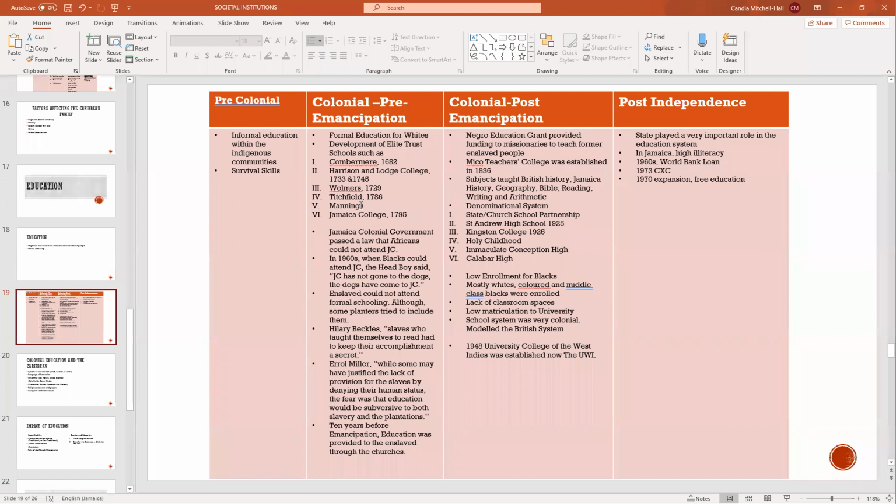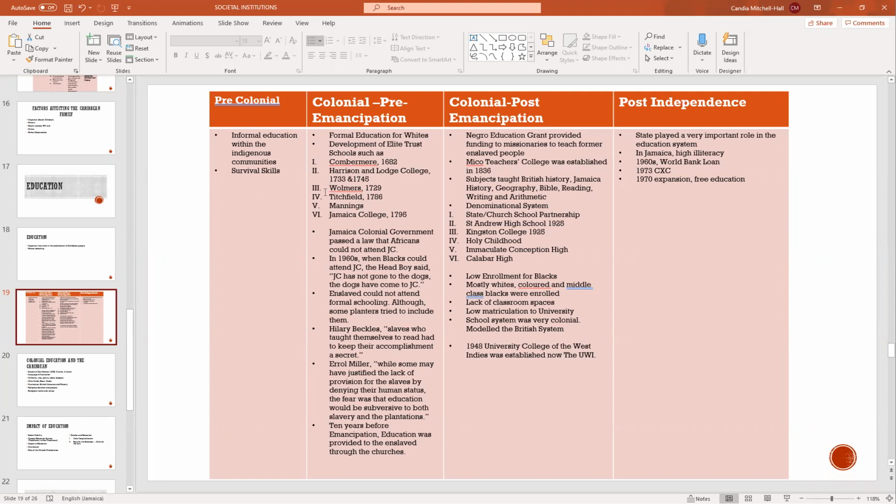In fact, a law was passed in Jamaica that blacks could not attend Jamaica College. If you're black, you couldn't go to JC. The government of Jamaica would have passed that law. Same thing for Wolmer's, same thing for Titchfield, same thing for Manning's. If the founders of these schools should wake up right now and see the blacks in the schools, they would be so ashamed,